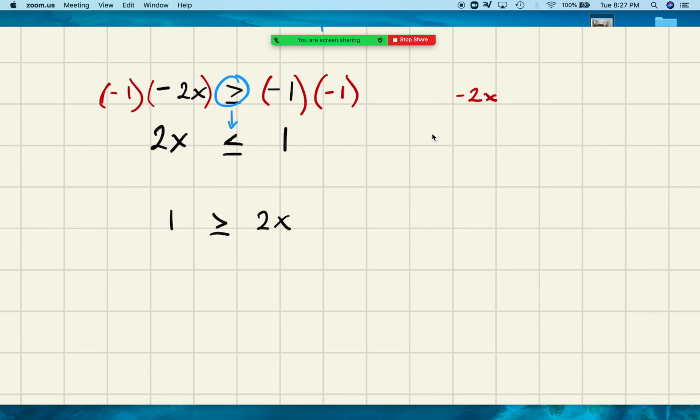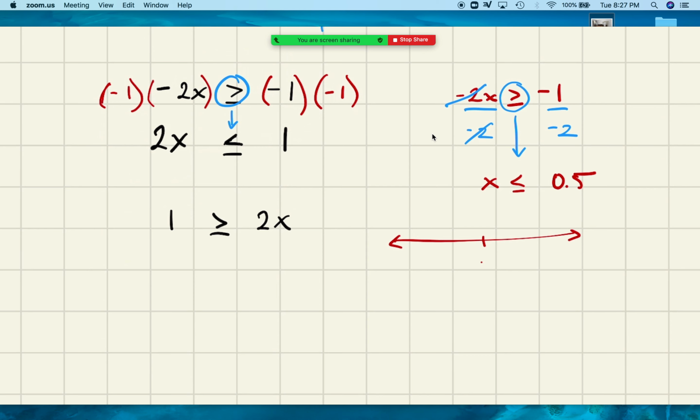But let's just finish up real quick, the normal way, without doing all the fancy stuff to make it look the same. If you were just doing this, did all the steps correctly, you would then divide by -2. Because this is not actually solving it. We still have more to do. I was just making it look like that answer. So divide both sides by -2. We're dividing by a negative, so we have to switch this around. So x is less than or equal to -1 divided by -2 is positive 0.5,